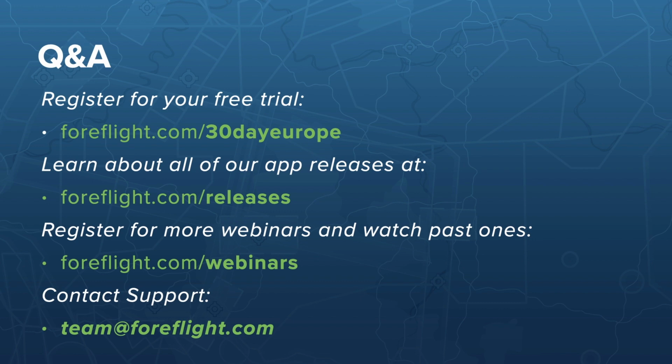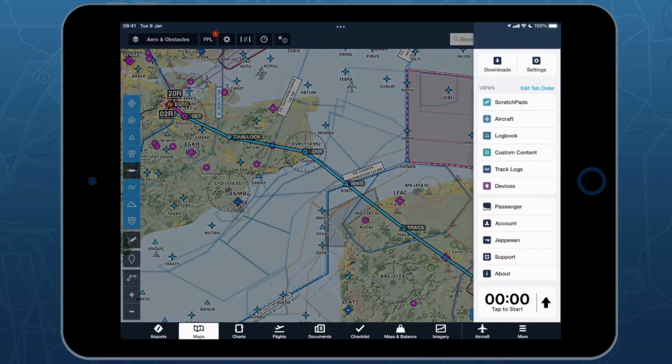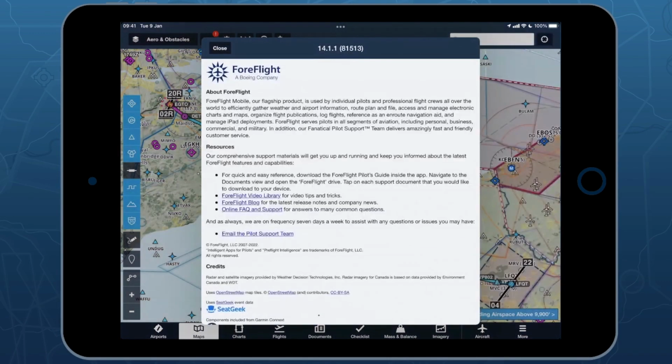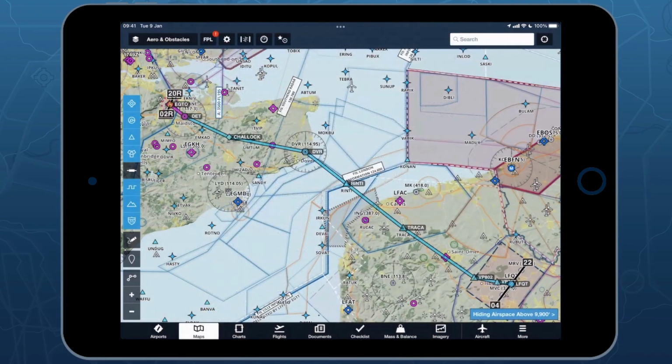I cannot see the VORs used during the presentation. What can I do? So please first check under More and About that you have installed the most current ForeFlight release. Here in that case, it's 14.1.1. Recently, we have introduced